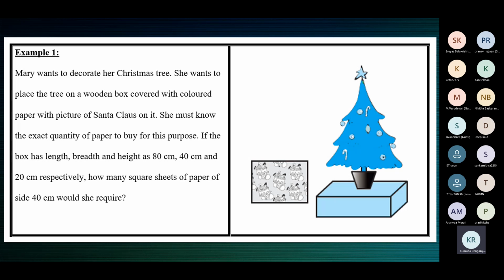Okay, then what's the other thing you have to find? TSA of the box, and then what is the other thing? How much sheet is required? That is the final thing. So how will you find the number of sheets required? Total surface area of the box by the area of one sheet. Very good, Sangamitra. Number of sheets will be the total surface area of the box divided by the area of one sheet. So the other thing you have to find is the area of one sheet.